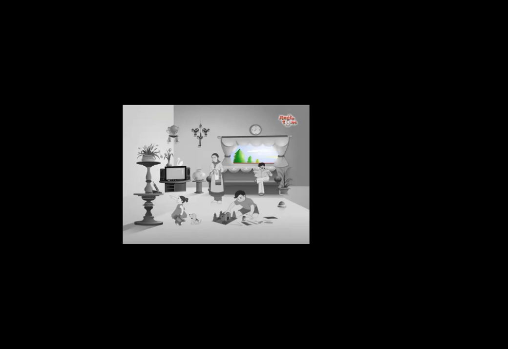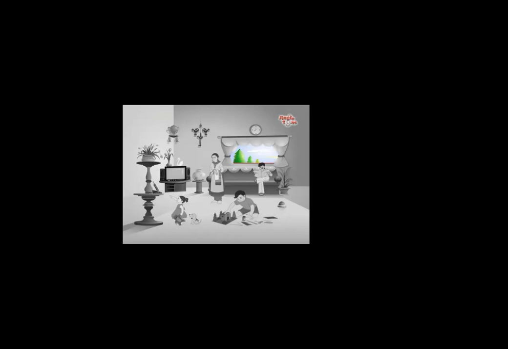Okay, so now we can write down about this picture reading that this is a picture of a drawing room. Okay, all the family members are in the drawing room. Okay, and all the members are involved in their daily routine, right? And Rohan is making a cardboard house. He's sitting on the floor. He's using scissor, glue, cardboard, and many other things to decorate his cardboard house. Okay, to make his cardboard house.